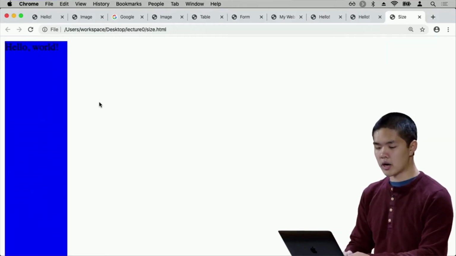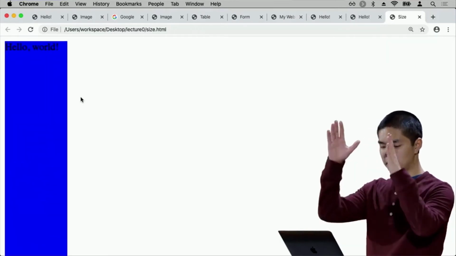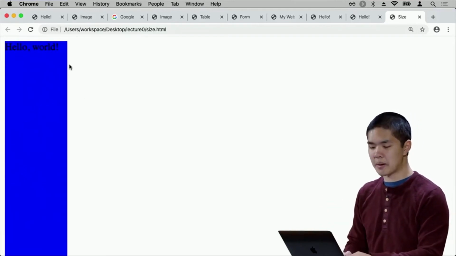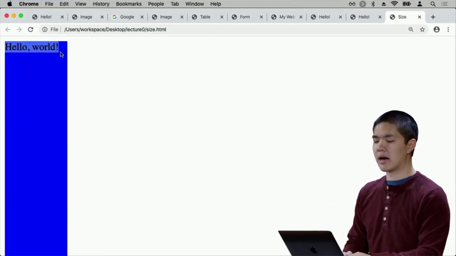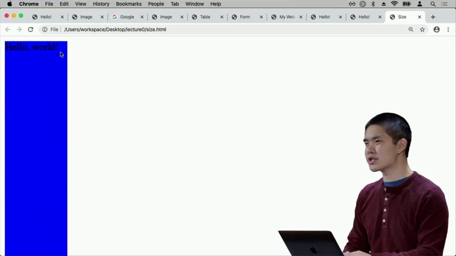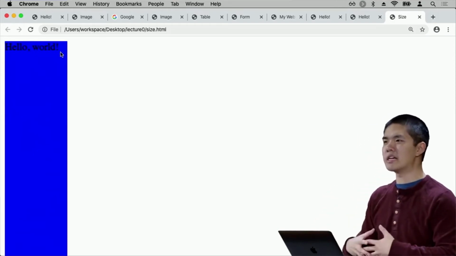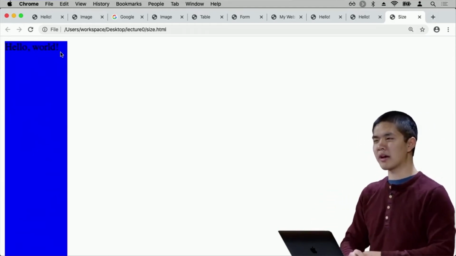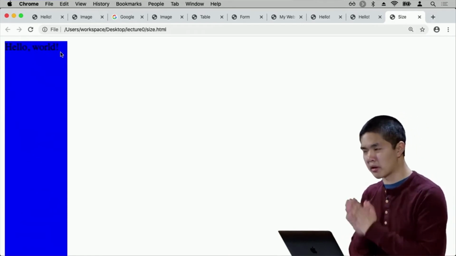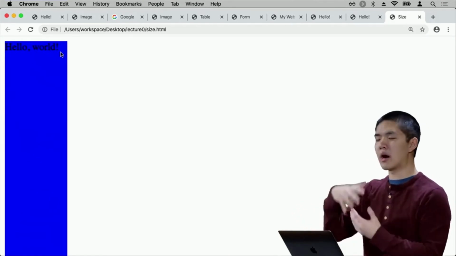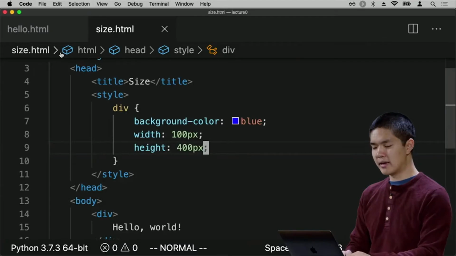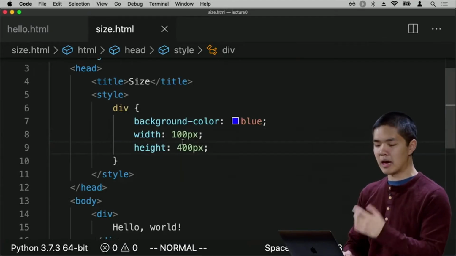I see a 100 by 400 pixel wide vertical or rectangular section of my page, and I see the words hello world. And so you might imagine as you have multiple different elements on your page, as your web pages start to get a little bit more complex, you probably want to have some more precise control over how wide or how tall any particular element is. And these width and height attributes can be very helpful, because I can